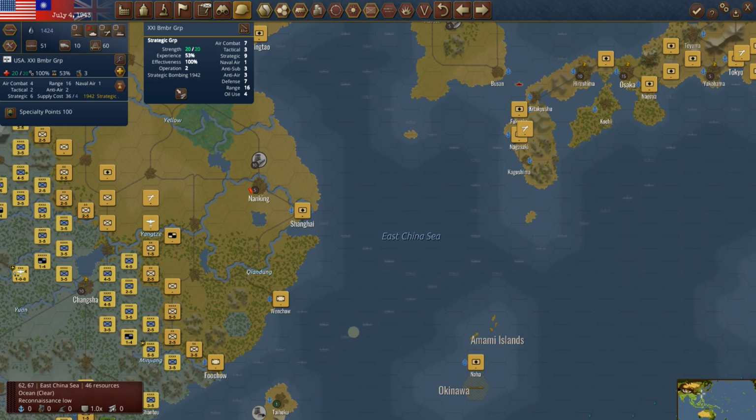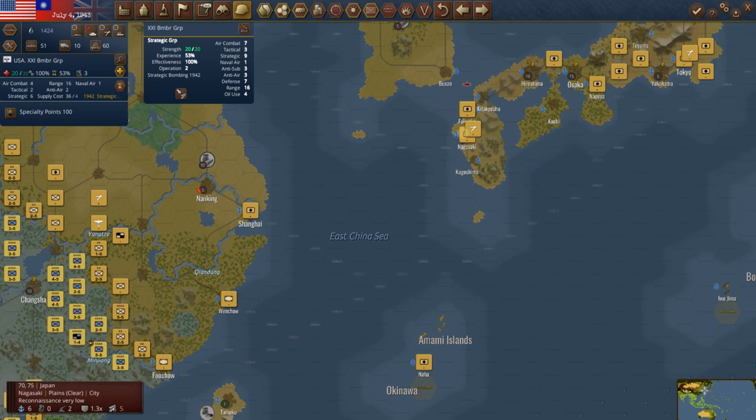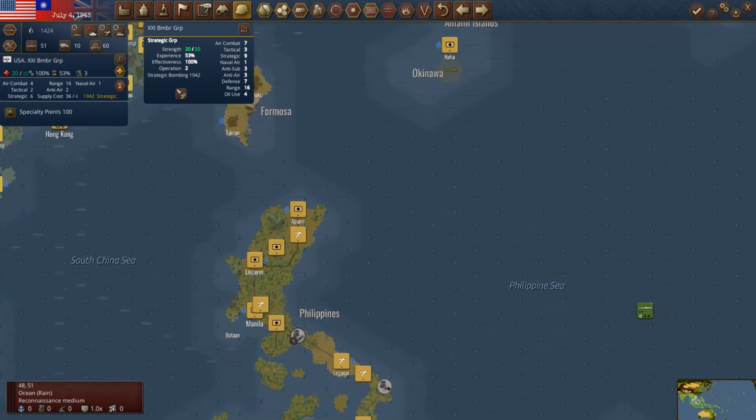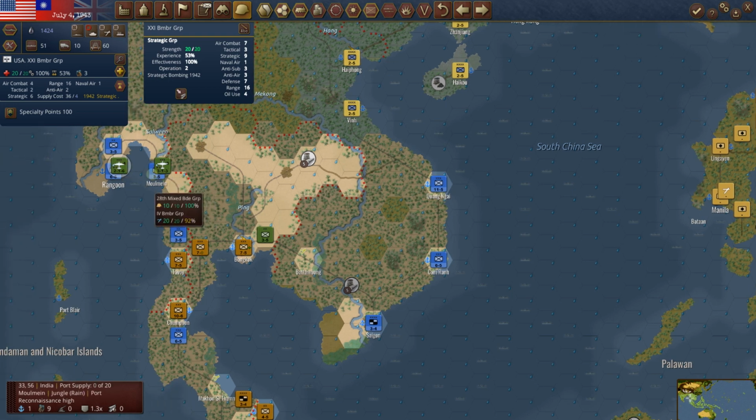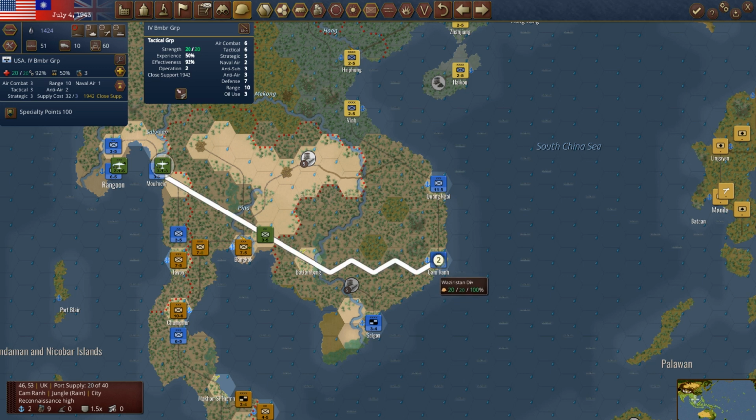1, 2, 3, 4, 5, 6, 7, 8, 9, 10, 11, 12, 13, 14, 15. This game is so well designed. He made everything just the right amount of distance to where it's a real challenge. We could start hitting like Kagoshima if we get over to Formosa. So why don't we do the initial jump over here? We'll have this guy, I guess, be at